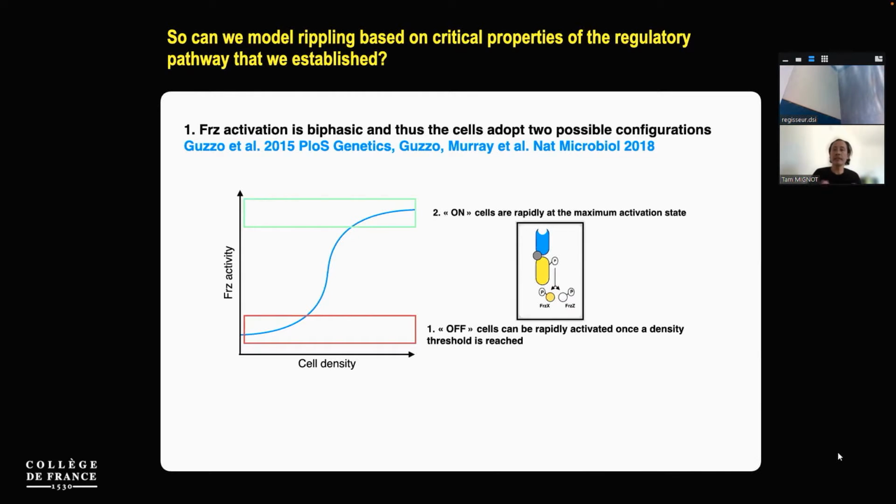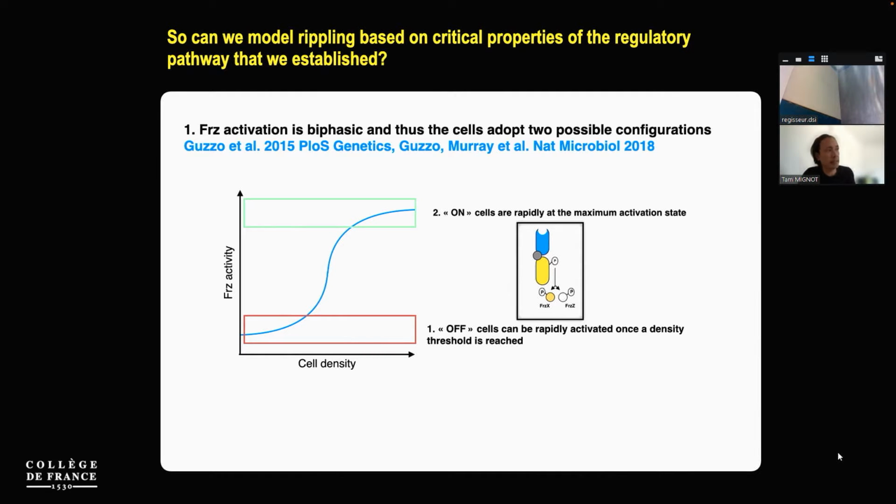The first property is that the Frz system activation is in fact biphasic. It can only lead to two possible states. There's an off state at low cell densities, when the cells don't collide with many cells, and there's an active state where the cells are at high cell density and collide many times. And you can switch very rapidly from one state to another. This is really linked to a property of the FrzX response regulator, of which I don't have time to